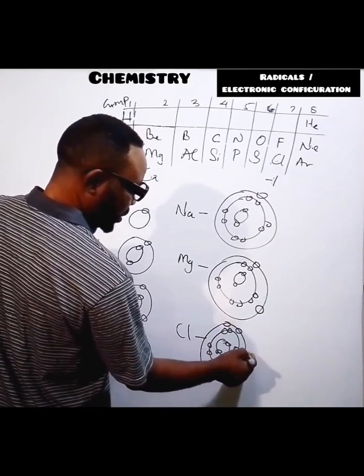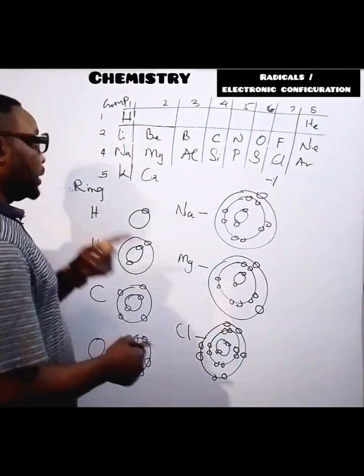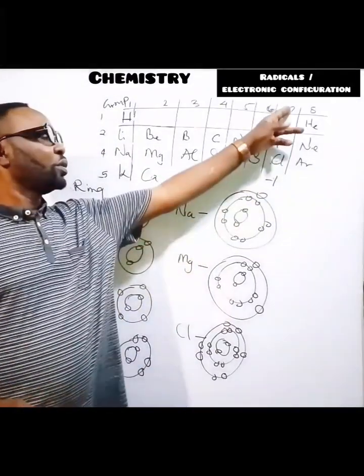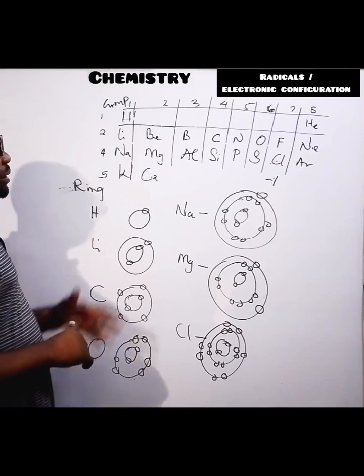1, 2, 3, 4, 5, 6, 7. So chlorine also belongs to group 7. So I can also now talk about